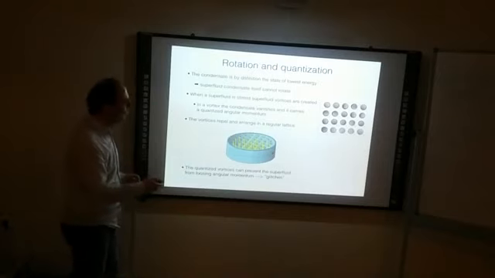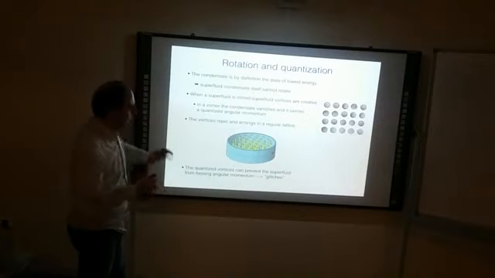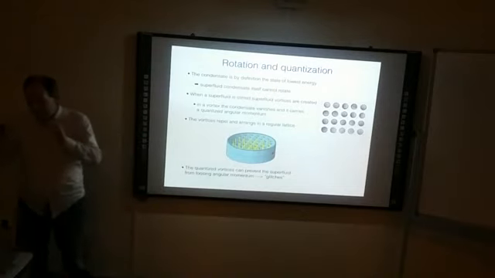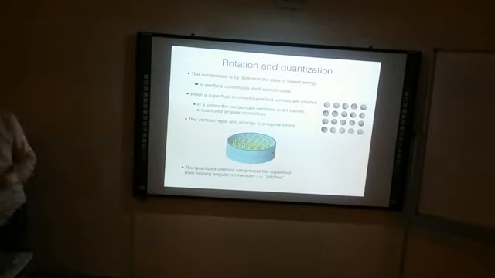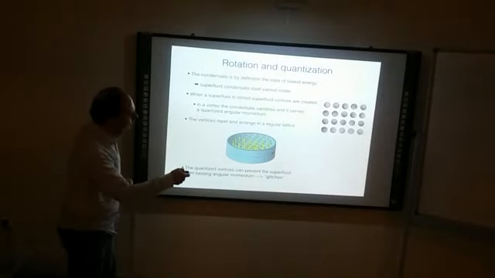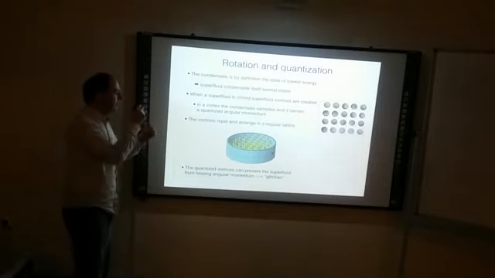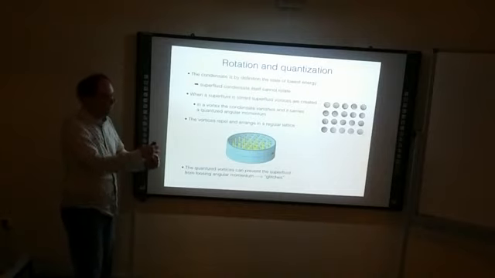And the cool thing is you can actually see this in a lab. I mean, this is the picture where they form a superfluid in a lab and then stir it. And then you actually see these guys. You actually see 1, 2, 3, 4, and so on vortices. They're discrete, they're quantized, they carry a fixed amount of angular momentum.